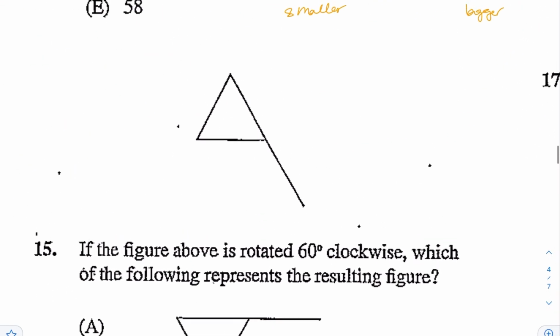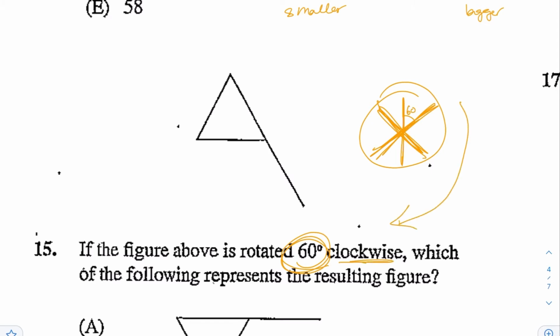All right, next for number 15. In the figure above, if the figure above is rotated 60 degrees clockwise, which of the following would represent the resulting figure? So 60 degrees represents a circle cut into 6 pieces. So each of these would be 60 degrees. Or in this equilateral triangle, and it's clockwise, so it means that you're turning it this way. So this part that's sticking out